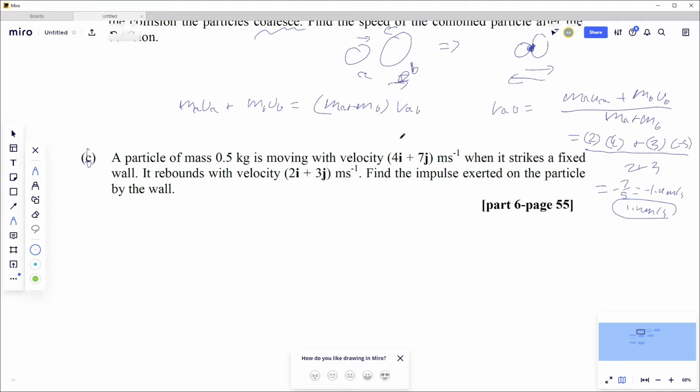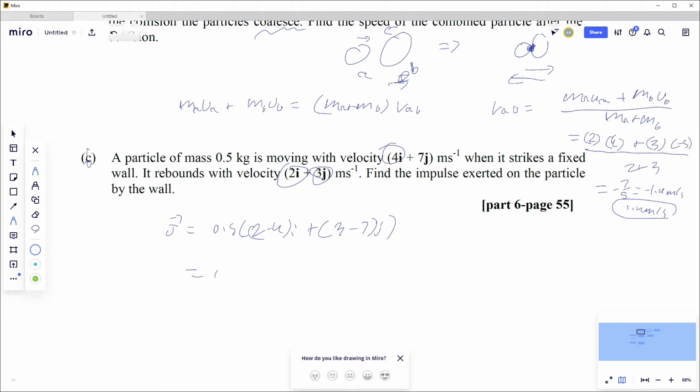So we have the mass, the initial, the final, and we're looking for impulse. We don't need to write the formula since we've got used to it, but if this is written, you're going to have to write it. So the mass 0.5 times final minus initial. I'm just going to subtract these, it's just algebra. So 2 minus 4 I plus 3 minus 7 J,